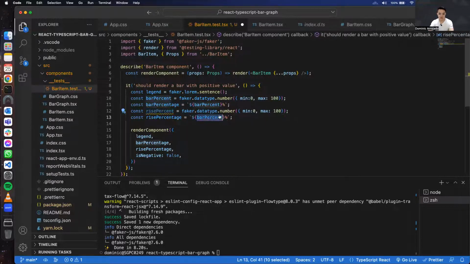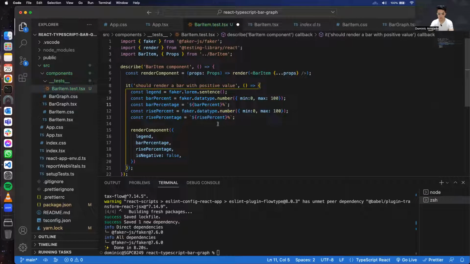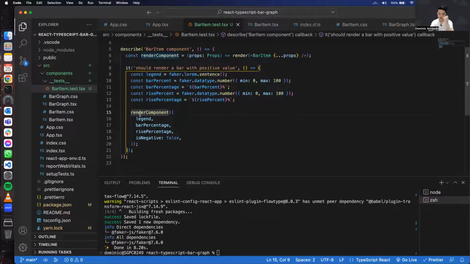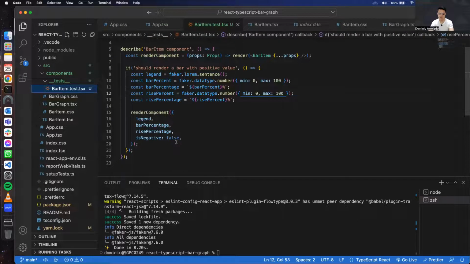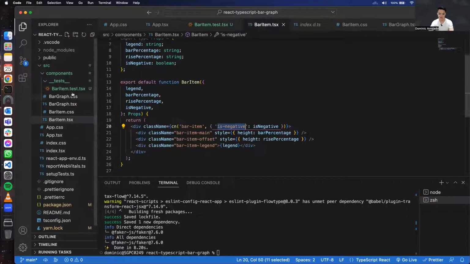We can use the same thing that we did for the bar percent. All right. So now we have rendered our component. We pass in the expected props. How do we validate that it is doing what it's expected to be? So one of the easiest ways for us to verify is that there is no class of is-negative, because this is a positive bar item. We are passing negative is false, so we don't expect is-negative to be there in the class